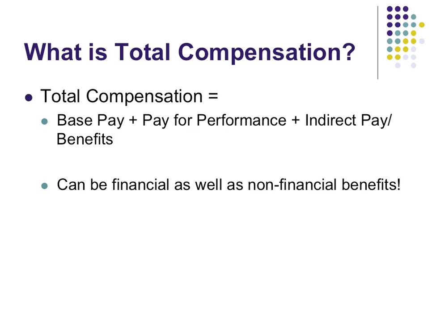Next slide, as I said, addresses the issues of what are the kinds of things that go into compensation. And total compensation includes multiple dimensions of things. It includes the base pay for the job itself. It includes pay for performance, which are incentives and bonuses and merit increases. And then the last thing is indirect pay or benefits. And so your total compensation package isn't just about what your salary is, but it also includes your pay and your benefits and any kind of raises or bonuses that come along with it.